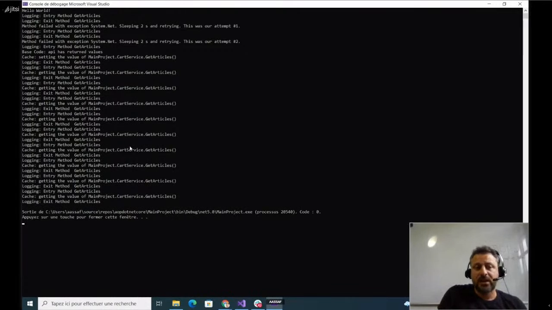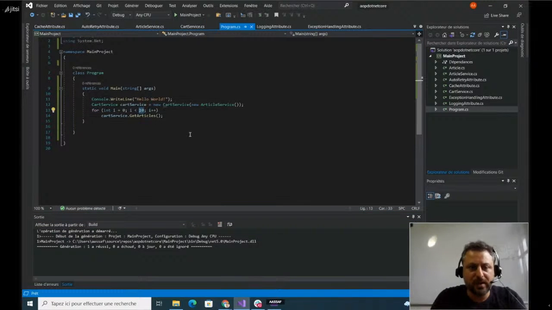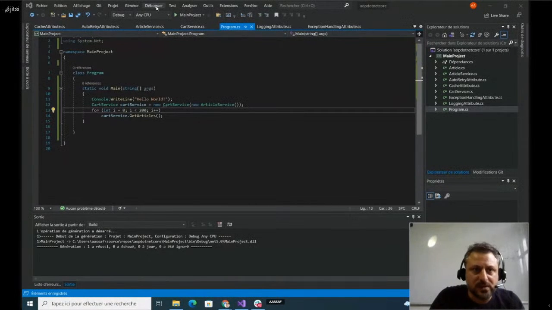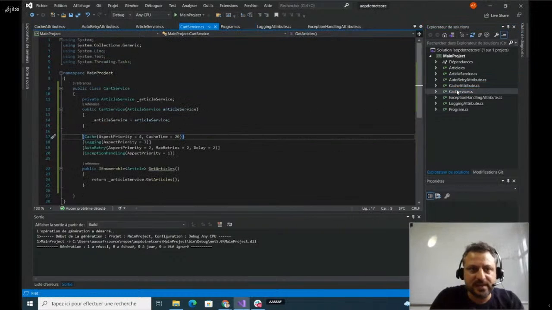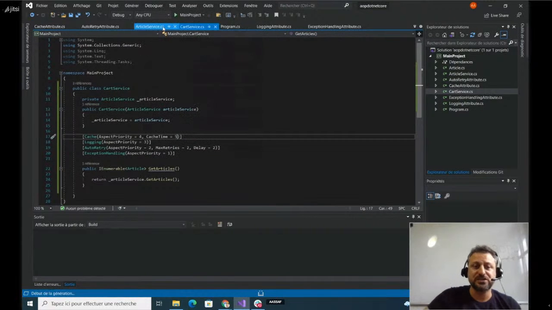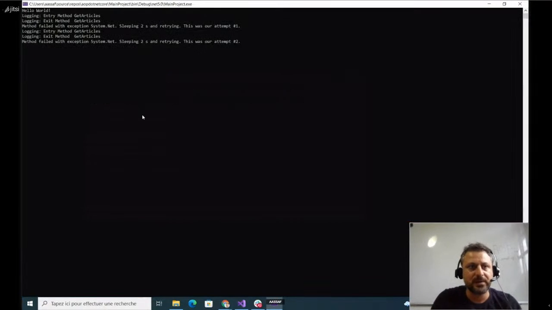We can increase this value by having, for example, 20 times this call, 200 times, and maybe by decreasing the cache time to 5 seconds. Like this, we will increase the probability that the cache will be flushed and a new call to the API is launched.